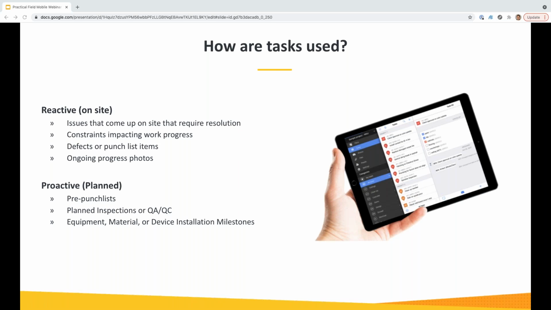The second bucket is more proactive. These are planned use cases. So if you have a pre-punch list, in certain areas you're going to need to plan out a punch process, and you can set those up in advance. Or inspections, or QA/QC items, or if you're trying to track things like installation milestones on your job. So the planned use case might be, for example, if you have a project schedule